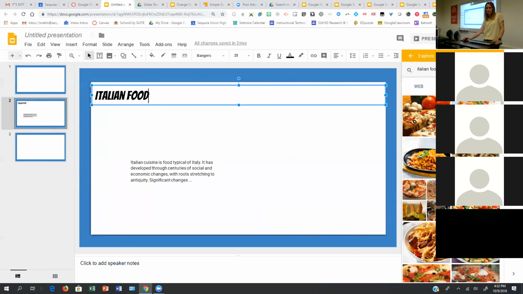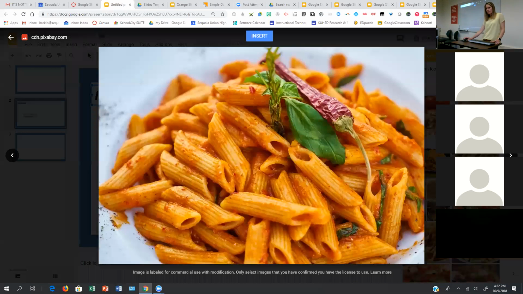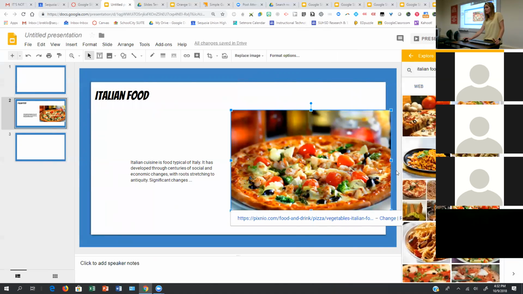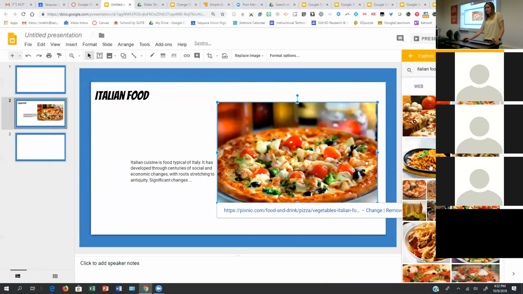Ooh, that looks delicious. You can decide if you like it by looking at a bigger image. You can insert it from here, the blue insert button at the top. Or if you don't like it, you can go to the next one. You can also insert if you know that you're going to like the image. Just click the plus sign and it adds it. Okay, that's my pizza. And if you look, it has the link below, so it's showing exactly where it came from. And these are all free to use images as well.